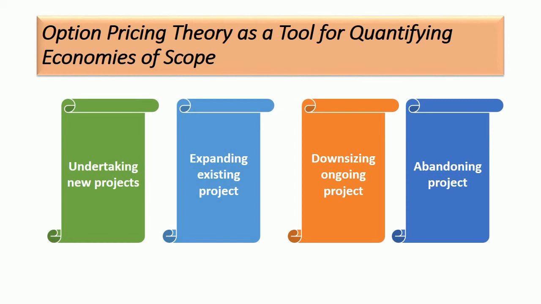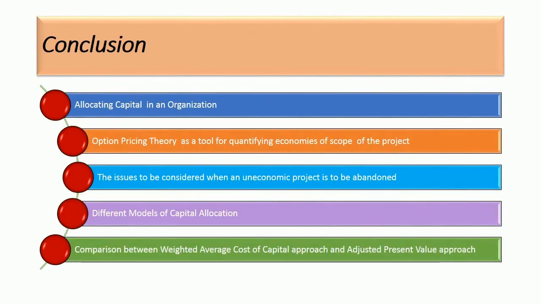Taking any of these decisions depends on a number of factors, which may include underlying economic variables such as the demand for the product, the level of interest rates, the health of the economy, the success of competitors, the political climate, etc. In this session, we learned about allocating capital in an organization,